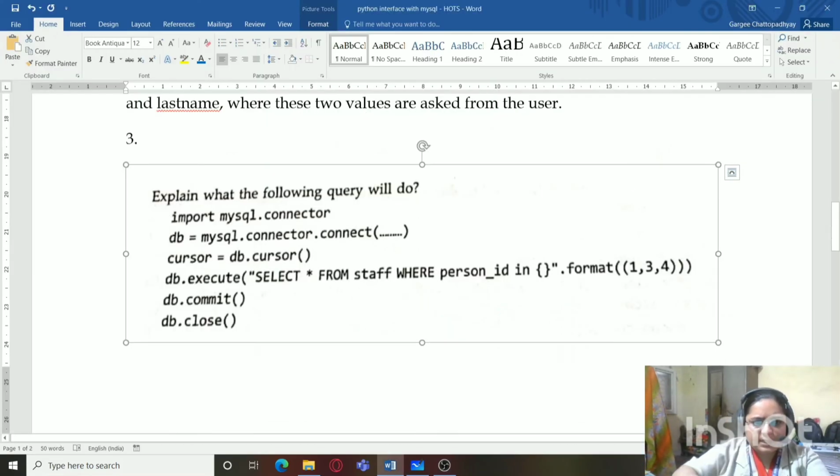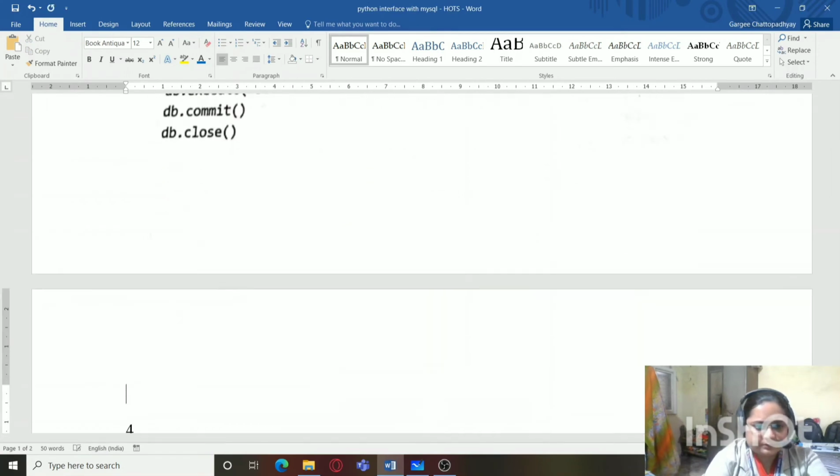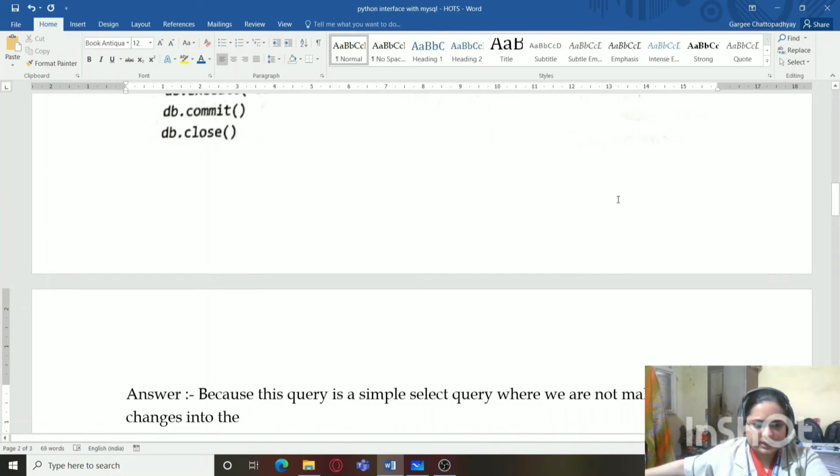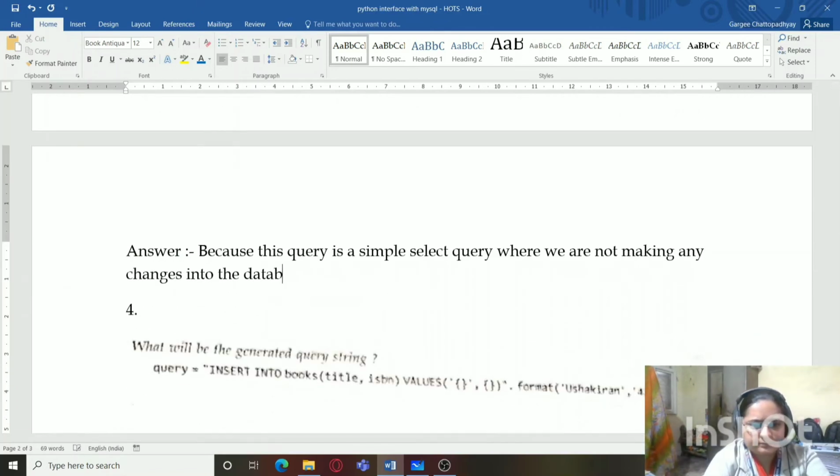We have to make changes in this code. Answer will be, because this query is a simple select query where we are not making any changes into the database.